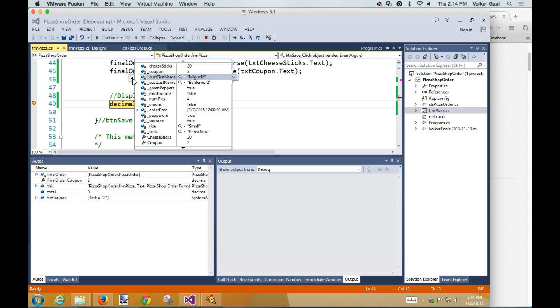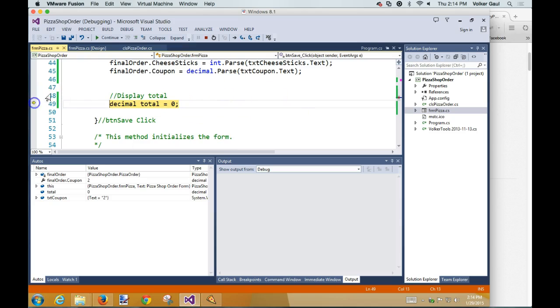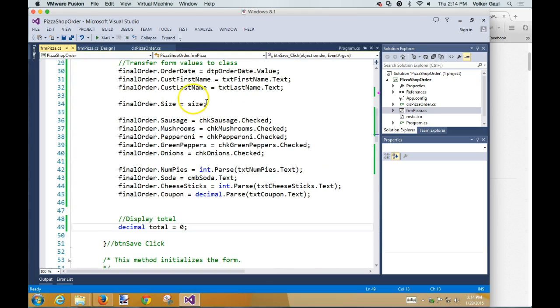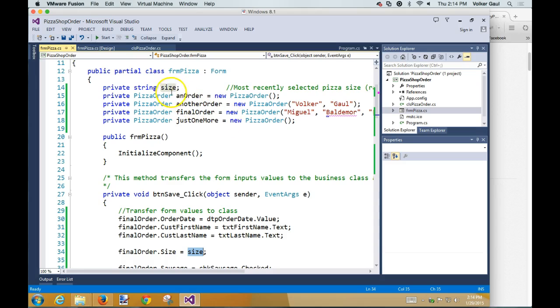It's tedious. It is. The one tricky part here, and it's not tricky because you've done it before, but just as a reminder, is the size. What the heck is that? It's a class level variable. You did this, I believe, in Unit 5,